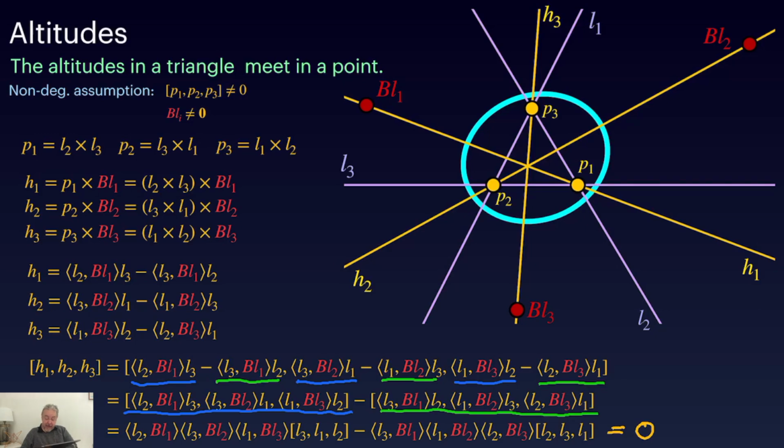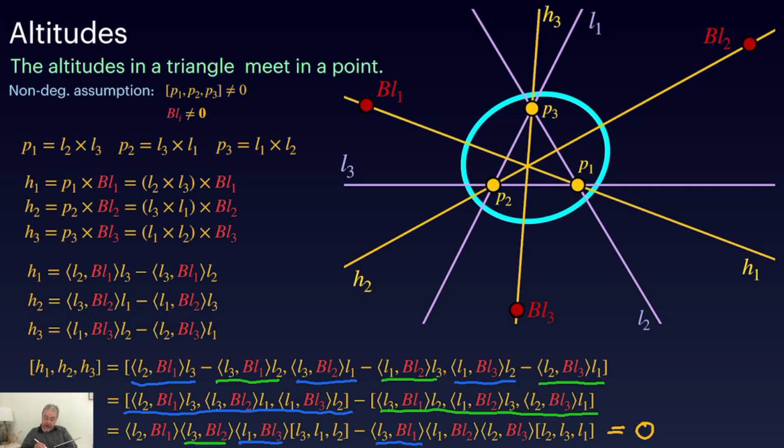For what reason? Well, first of all, the factors in front are the same. Perhaps you don't see it immediately, but they are the same. So you have, for instance, L1 times BL3, and here you have L3 times BL1. But if you rewrite the inner product in terms of matrices, you see that this term equals this one,